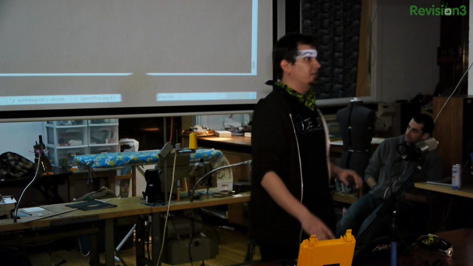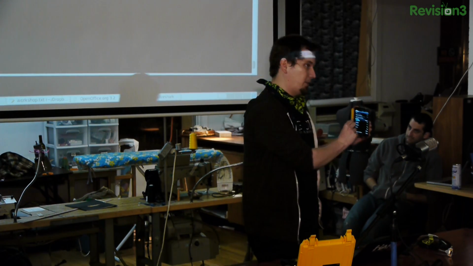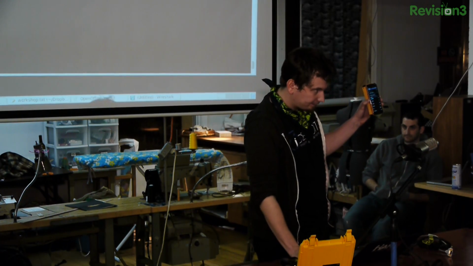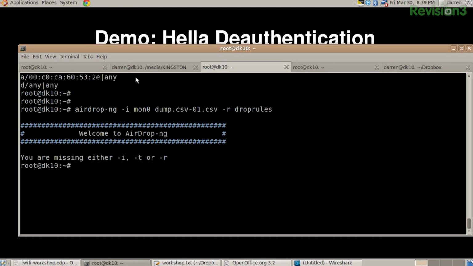So now when I execute this, and mind you, you're going to see a lot of errors, but let's take a look at what happens on my phone. Okay, I'm connected to Noisebridge. It's in blue. And as soon as I run this, don't mind the errors, it's just because of some dependencies in Lorcon, and this is supposed to look this nasty. You're supposed to specify an interface with, you're missing